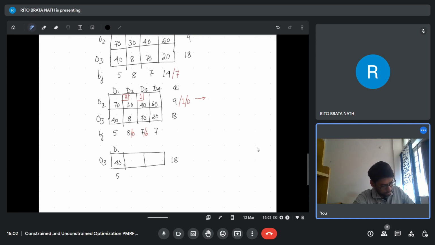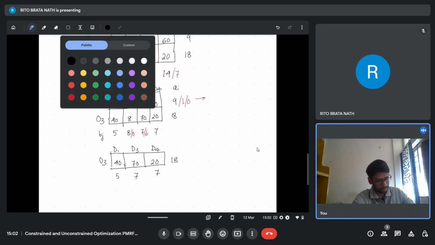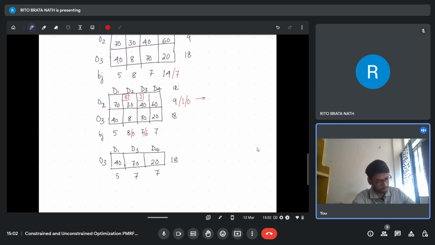So you can pick this as D1, D3 and D4. So this is 70, this is 20, this is 7, this is 7. Now you will do the allocations and you can check that it's pretty straightforward. First you will pick 20 and you can allocate 7 here. Then you will pick 40 and you can allocate, so this becomes 11. This you can delete. Then the rest of the 11,